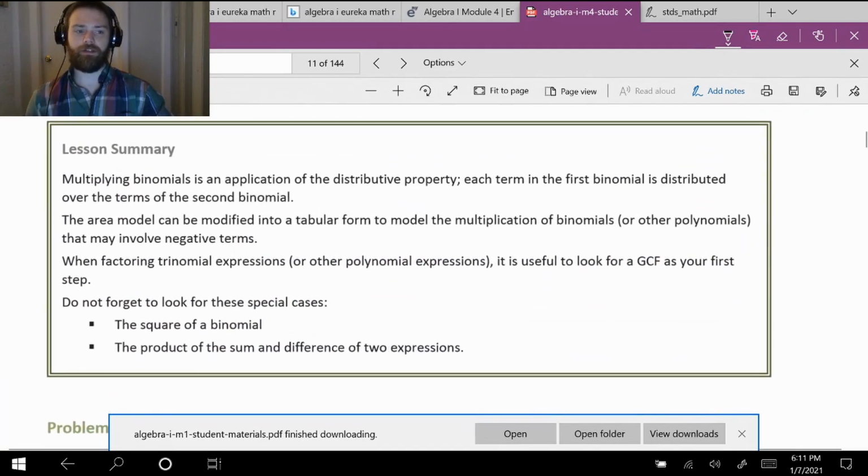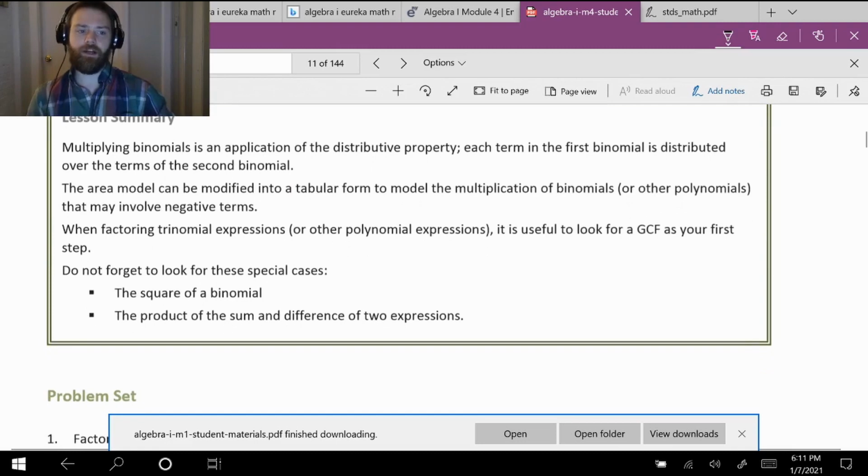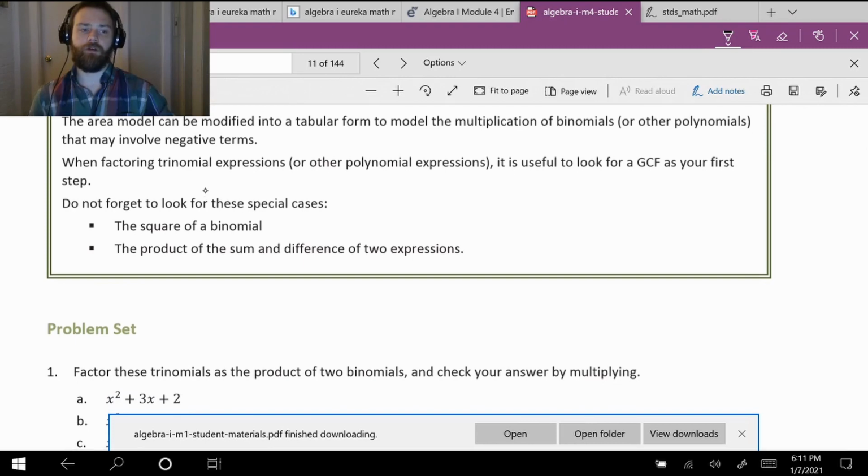And here's our lesson summary. So multiplying binomials is an application of the distributive property. Each term in the first binomial is distributed over the terms of the second binomial. Area model can be modified into a tabular form model, the multiplication of binomials or other polynomials. So I can use those to multiply binomials or other polynomials